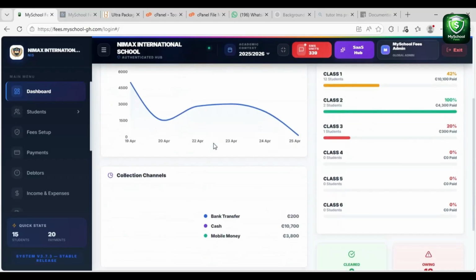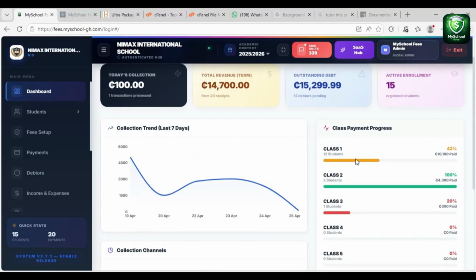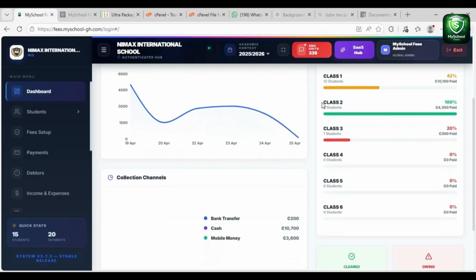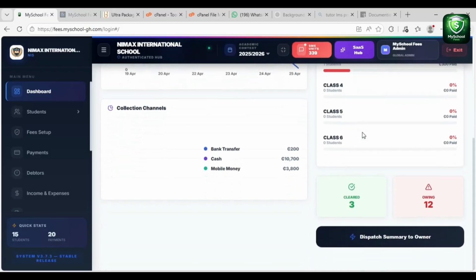Now, we also have the class payment progress, so each class and its payment progress. With the example we have here, class 1, 12 students, they've paid 10,000, which is 42%. Then we also have class 2, in that particular order. Then the system also tells you